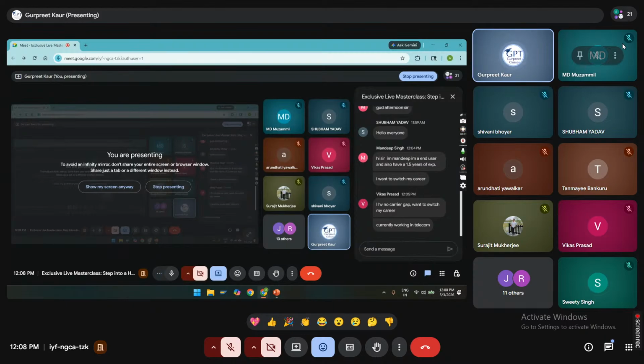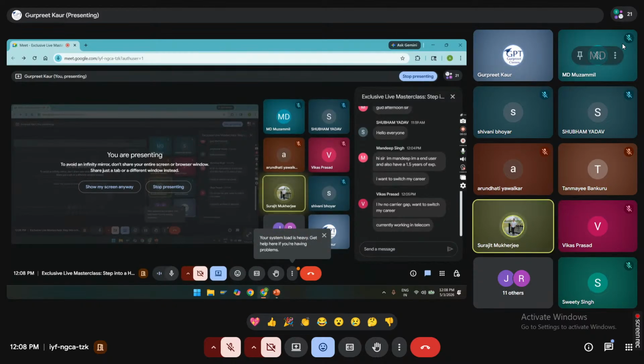Like even you have told me, Surjit. Sorry, what's your good name? I think you have joined with your friend's laptop. Yeah, hello, Surjit Mukherjee. I think you have just told me that your friends are there in PwC, Deloitte. Yes, you heard me right. What's your good name? My name is Prince Kumar Singh, and along with me, I have one more friend. His name is Sujit Mukherjee, and we have joined from the same device. Okay.